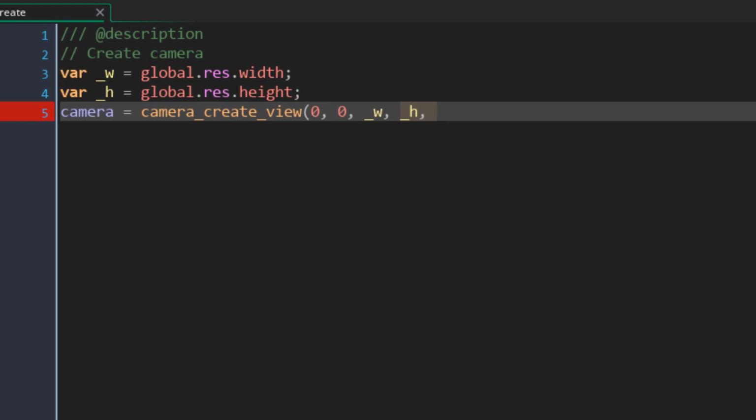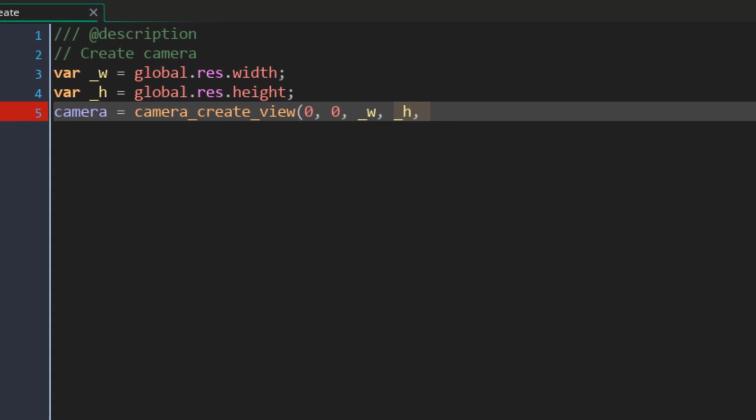And now there are some optional arguments that we are going to pass in to supply some extra info to the function. This is the angle or rotation of the camera, and since we don't want it to rotate, we are setting it to 0. Then we have the object that it should follow. Later we are going to set this to the player, but right now we don't have an object for that, so I'll set this to no one, which simply means no object or instance. Then we have the speed limits of the camera on both axes, and since we don't want a limit, we'll set these to -1. That simply means no limit.